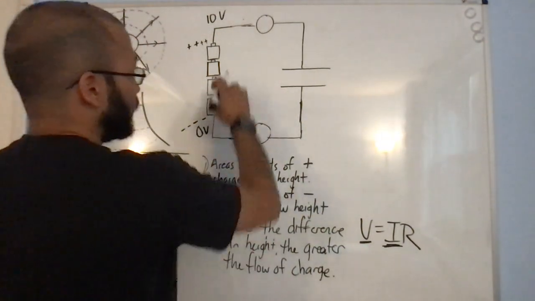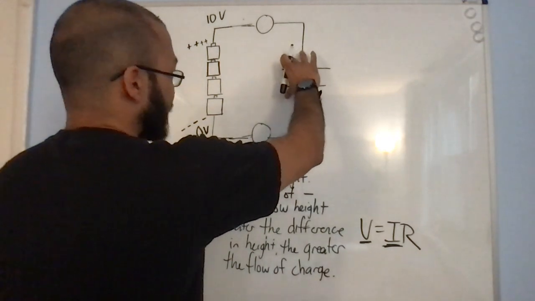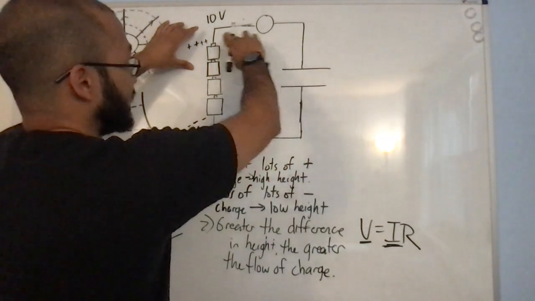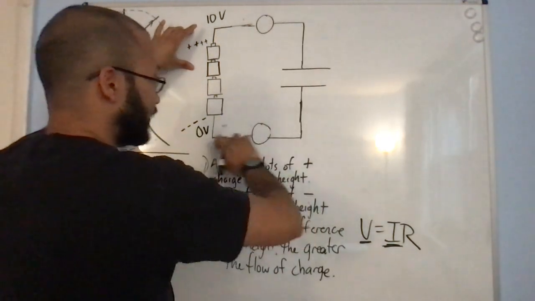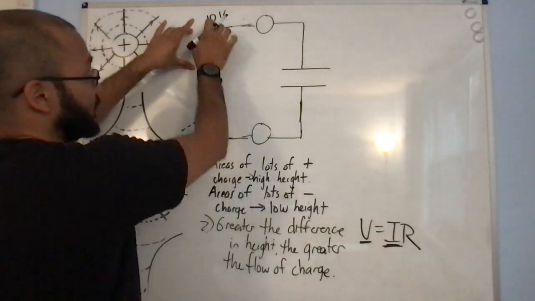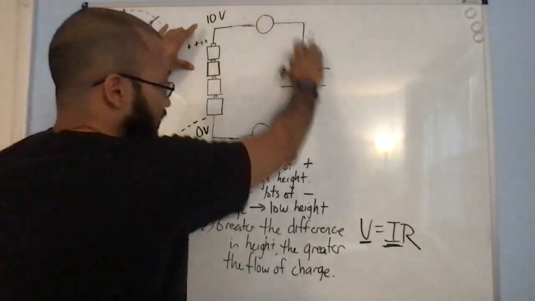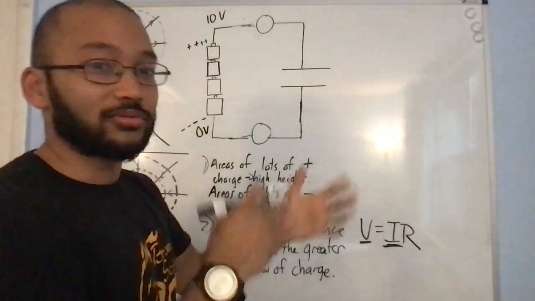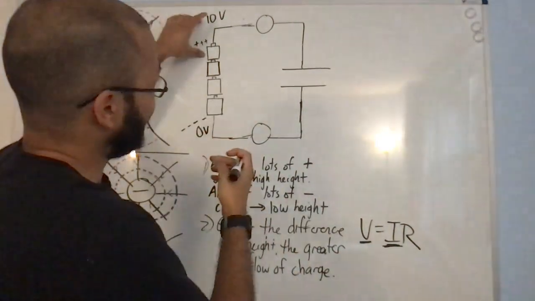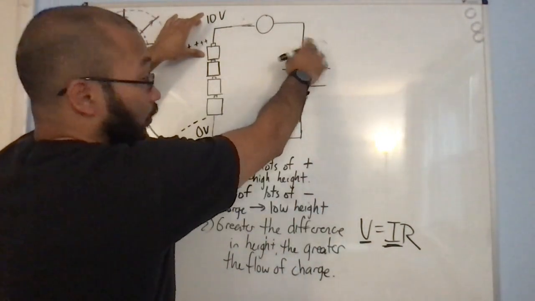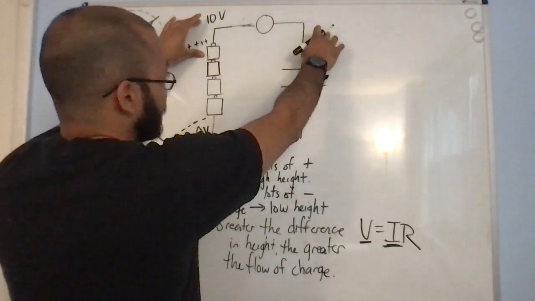Initially, when you connect the batteries to the bulbs and the capacitor, there's this difference in height. This is all medium height, this is a low height, and this is a high height. Before you connect the battery, everything's at a neutral middle-ground height. When I connect this high height to this lower height, charges are going to flow because